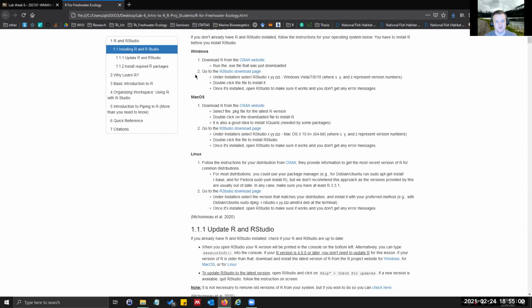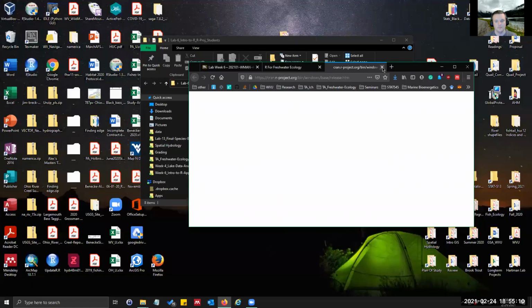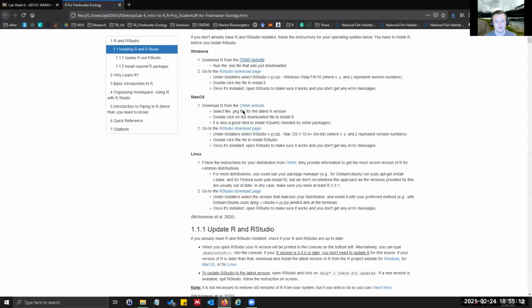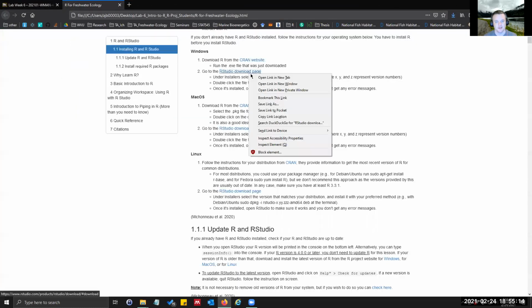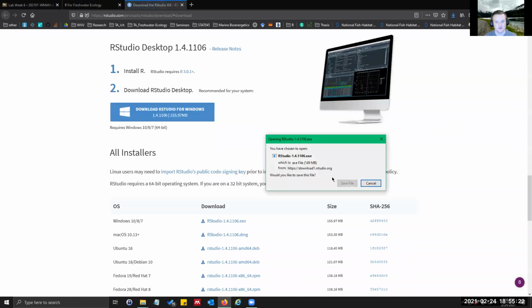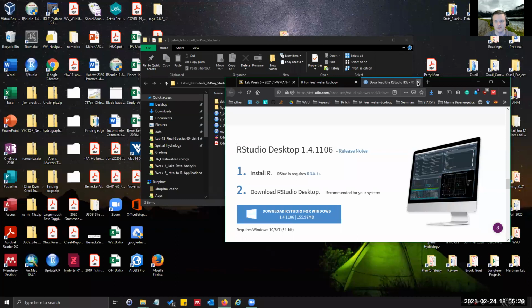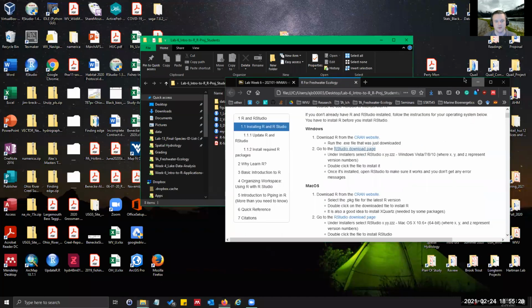I can make a specific one for Windows, but again, it's just click that, download and install following whatever installation wizard it is, and then the RStudio install page. I think I went through this all. This is all I did: install RStudio for Windows. And again, that was pretty much the same.